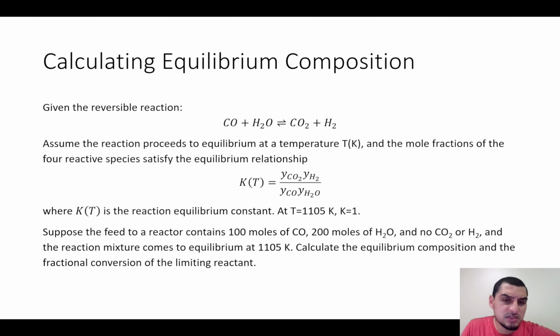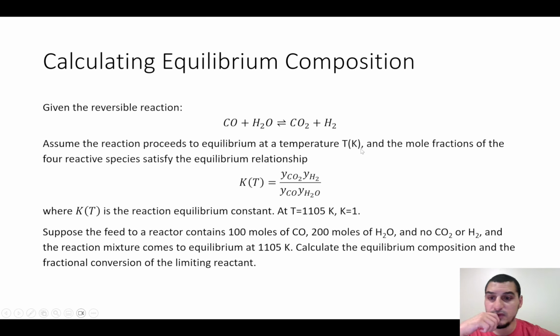What we will do is just solve this example, which is a nice example to understand this thing more, and it relates to what we discussed in the previous video about the extent of reaction. So it's going to be really helpful to see this. So we have this reaction between carbon monoxide and water producing carbon dioxide and hydrogen, and we assume that the reaction proceeds to equilibrium at temperature T